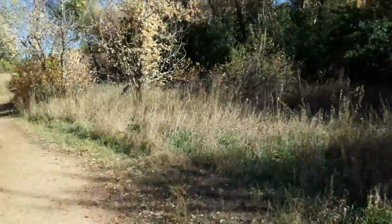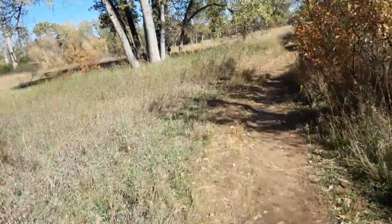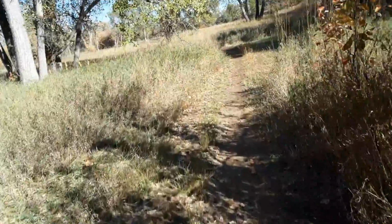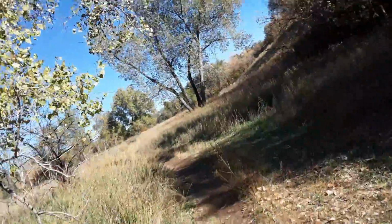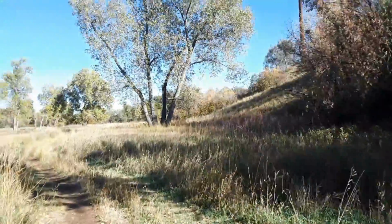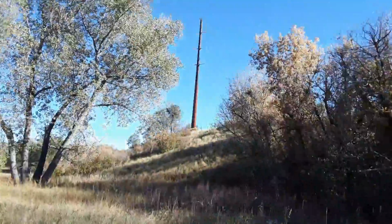I don't have a whole lot of time to record after our little romp through the first set of secret trails, but we're definitely going to be back. As you can see, there's trails all over the place here. And then I think we'll wrap up this little bonus clip I have here with this little